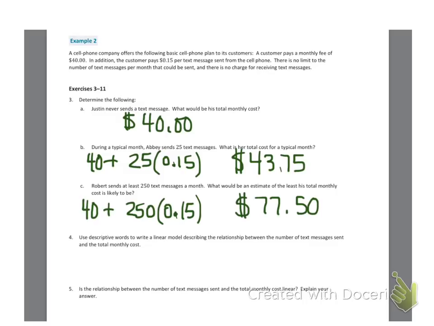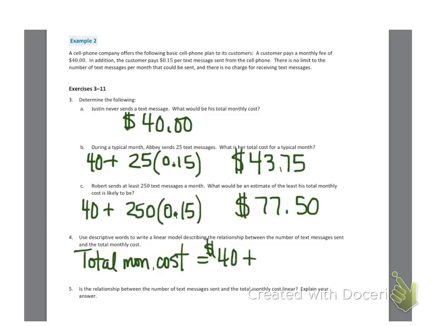Now, number 4, use descriptive words to write a linear model describing the relationship between the number of text messages sent and the total monthly cost. Okay, so this is what our textbooks before called a verbal model, basically. So we're just going to say total monthly cost is equal to $40